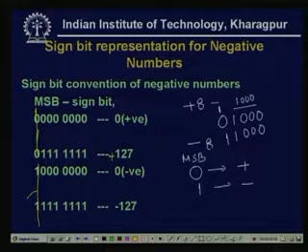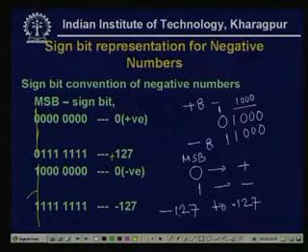For 7 bits, we know it can represent 127. So 0 followed by seven 1s means plus 127, and 1 followed by seven 1s means minus 127. So it can represent minus 127 to plus 127. That means in general, this is for 8 bits. If it is n bits, then the range is minus 2 to the power n minus 1,